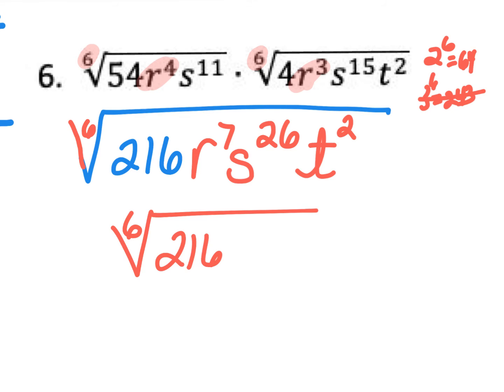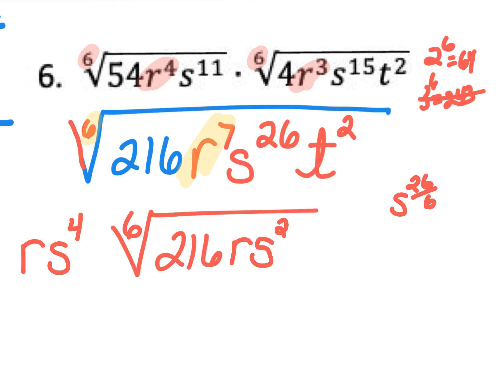So r to the 7th, when I'm taking the 6th root of this, so exponent divided by index, 1 r, r to the 1st comes out, and I'm going to have 1 r remaining inside. S to the 26th, well, that's the same as exponent over index, so 6 goes into 26 4 times, so s to the 4th comes out, and I would have 2 s's remaining, so s squared on the inside, and